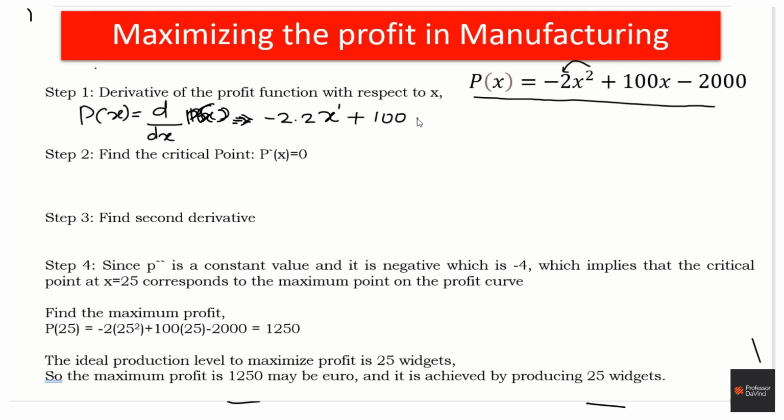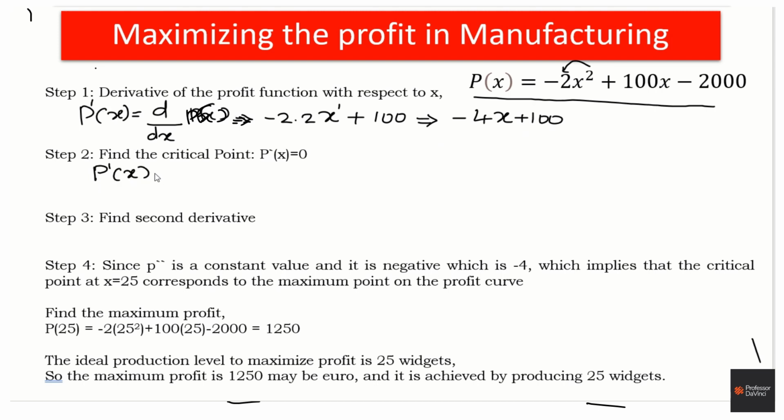So we get the first derivative of the profit function, p dash of x equals minus 4x plus 100. This is the first derivative. Second step, we need to assume that the first derivative p dash of x